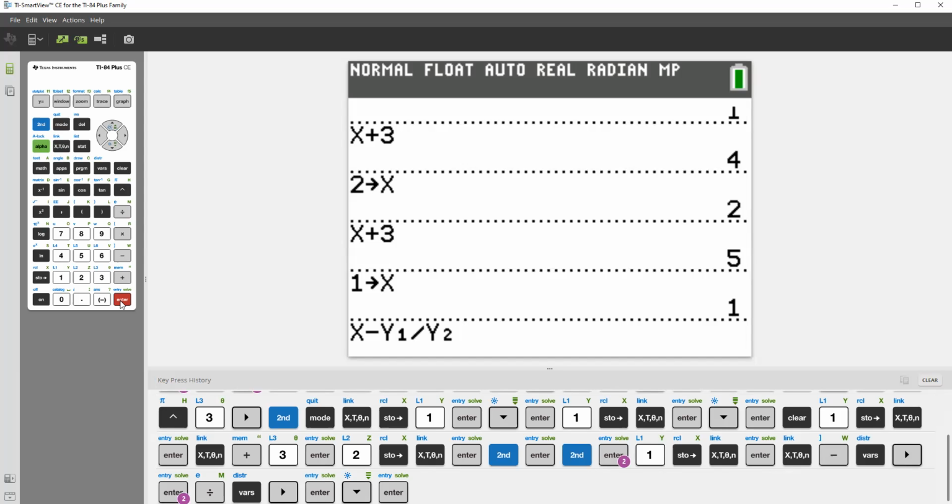But not only do I want that answer, I want it to be my new x value, because the second time around I would use this. So I'm going to store this answer for x. That's key. It gives me the answer, but that will become my new x value. So now when I hit enter,